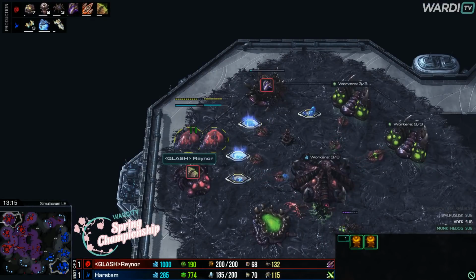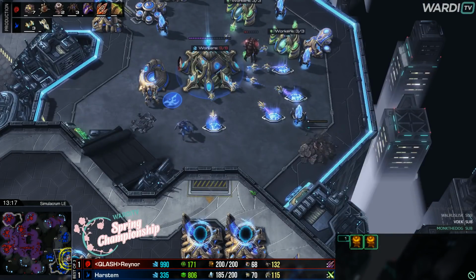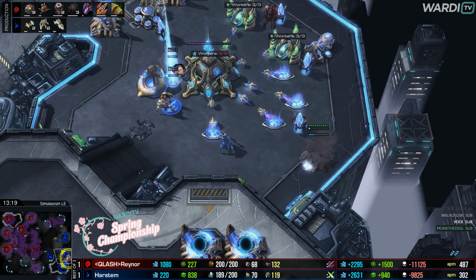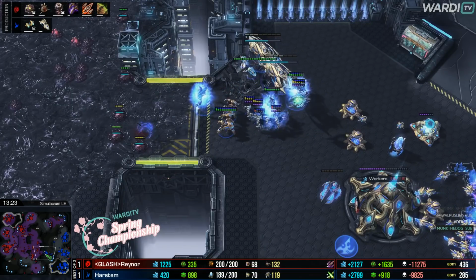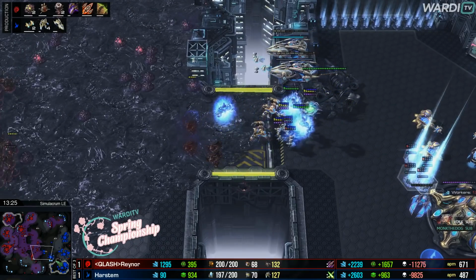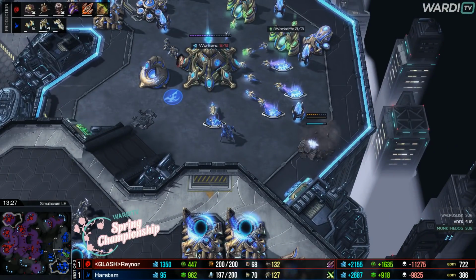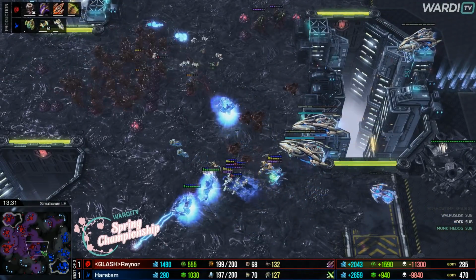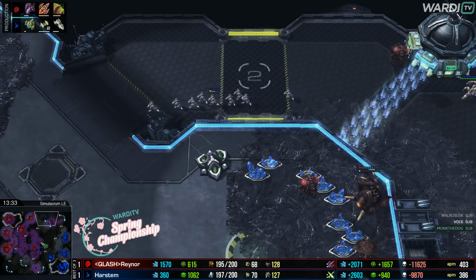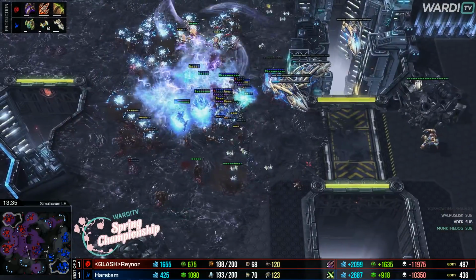So Reynor is actually the only top Zerg that likes to play late game like this. Most other Zergs prefer Broodlords instead of Lurkers as the High Templar zoning tool. But if you have crew spread like Reynor has right now, which is very close to Harstem's space, I think it's fine. Yeah. If you also have a sick gun,